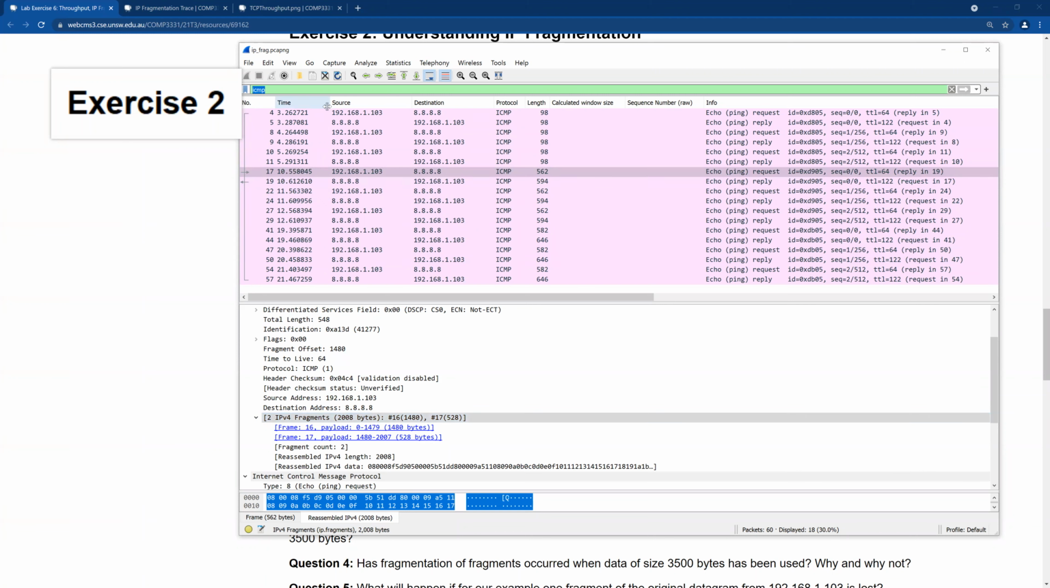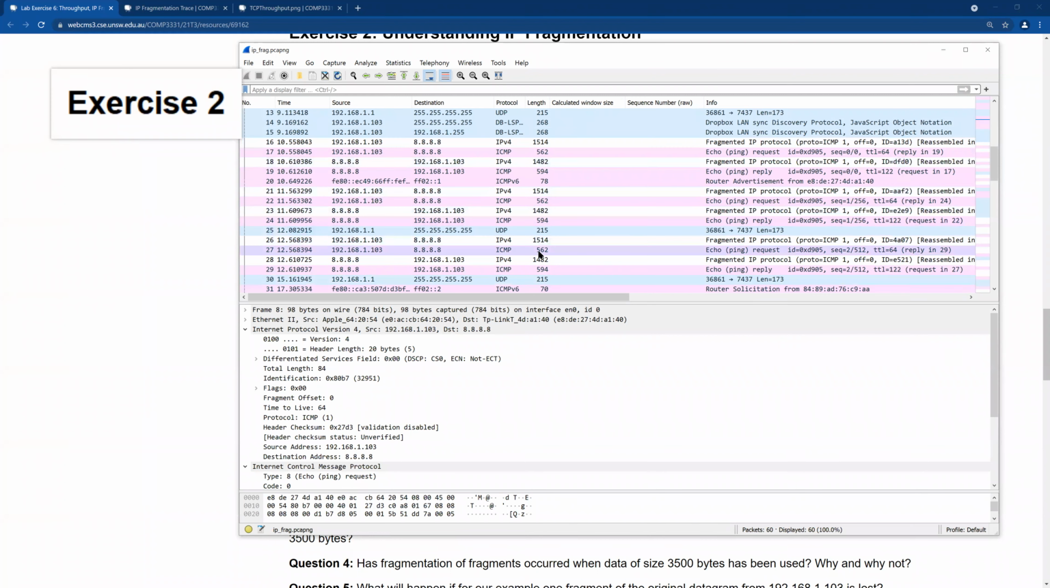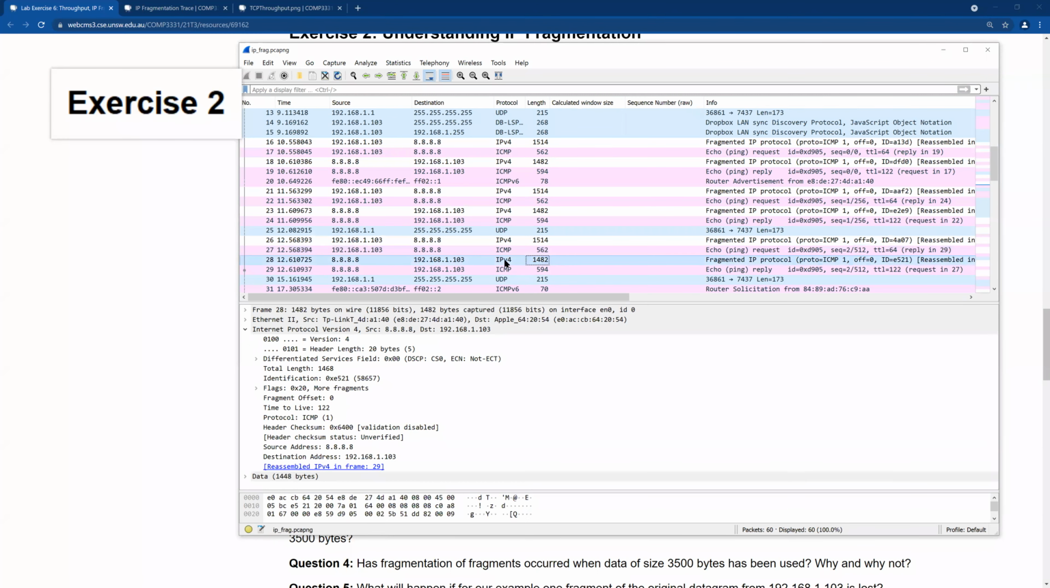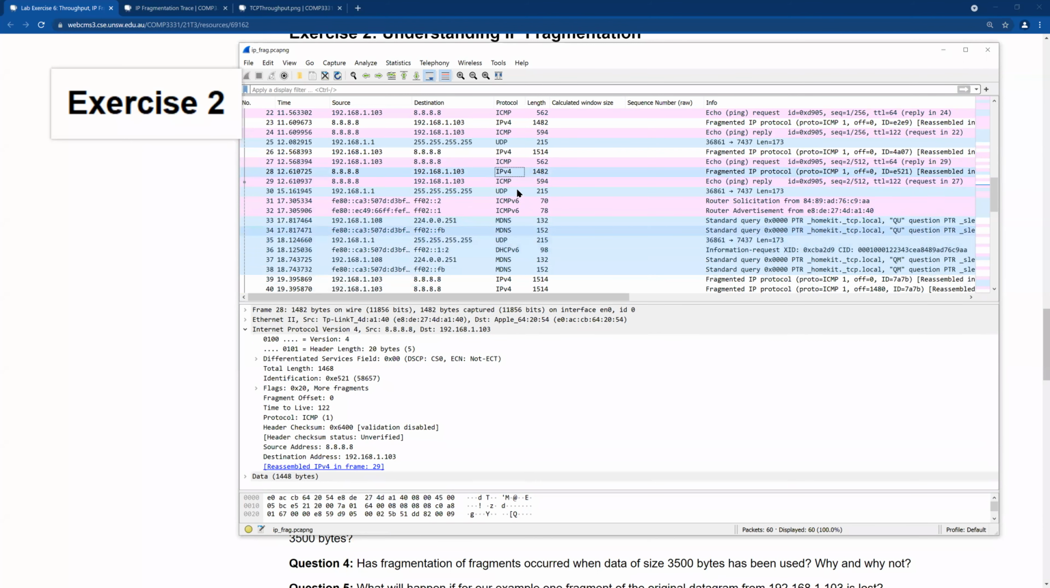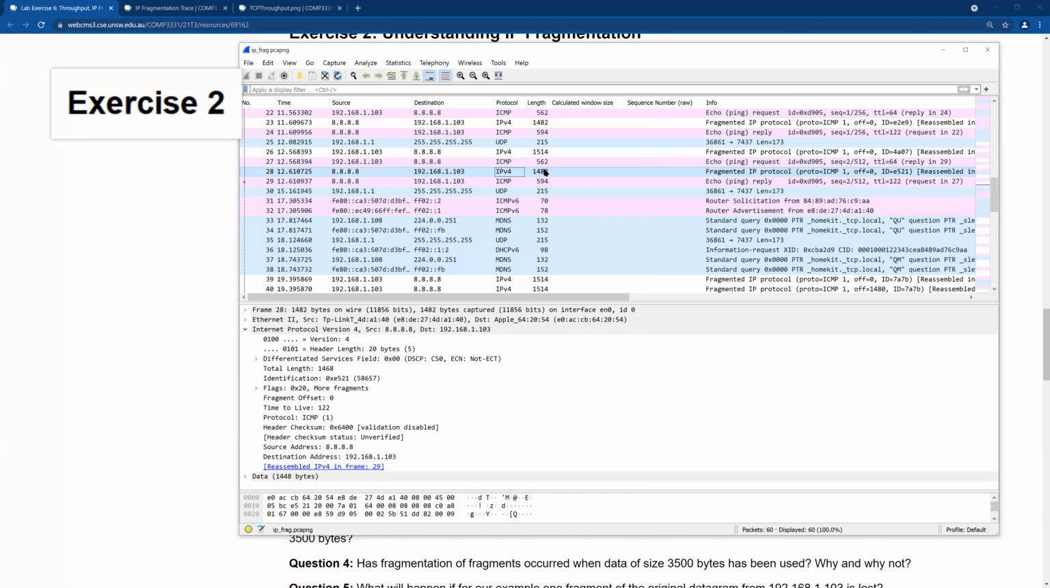Yeah, but I think we need to check after the ICMP packet. Let's see if I missed something. Oh yeah, that's the reason. We need to have a look at the IPv4 protocol as well, because they have fragmented our ICMP message in here. So that's the reason why I can't see the fragments here. So you can see here,